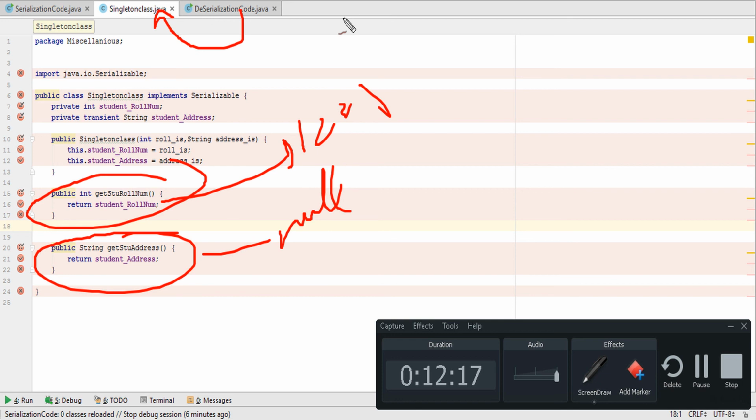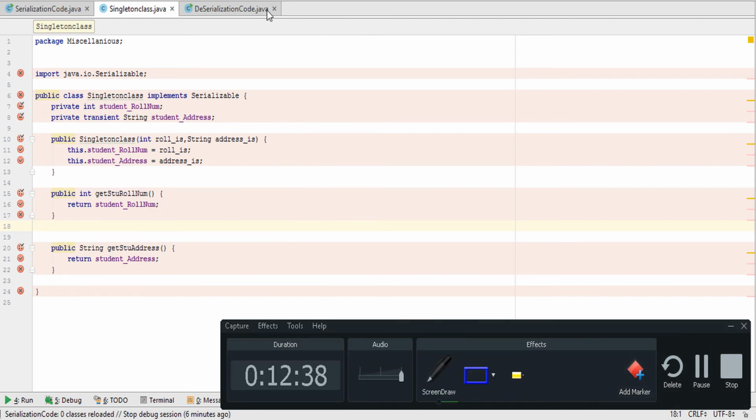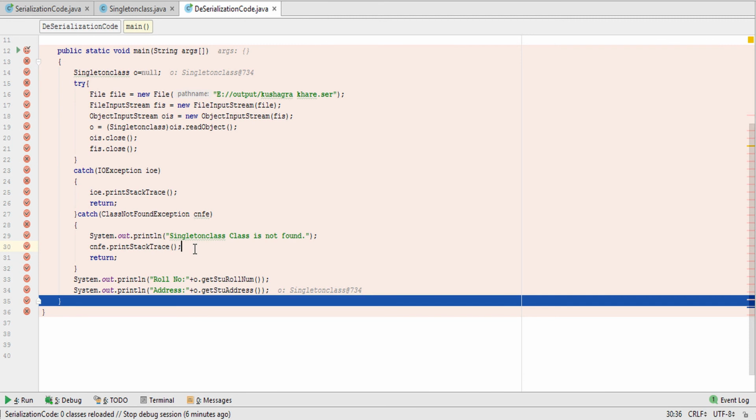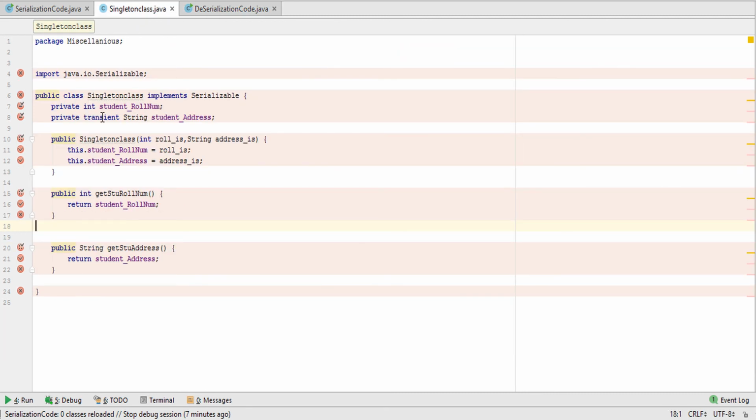Okay, so the output will come like 1 2 3 4 5 and null because of the transient keyword used before the variable.